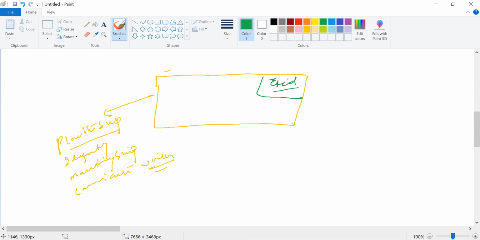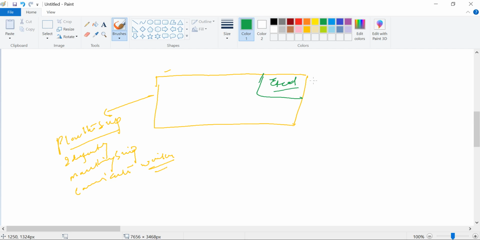This is the main component of the master node, the master controller. Now I will use the terms master node and worker node, so it will be very simplified for you as well.